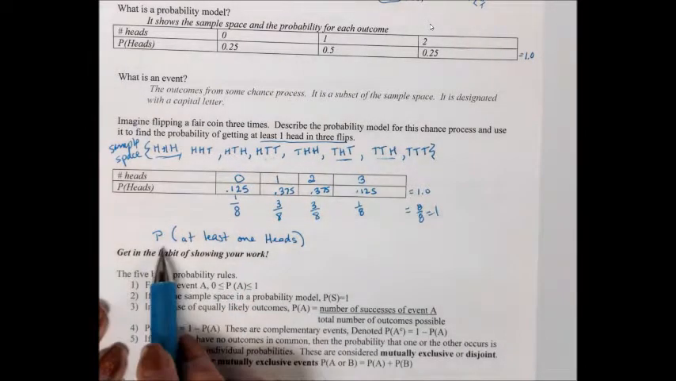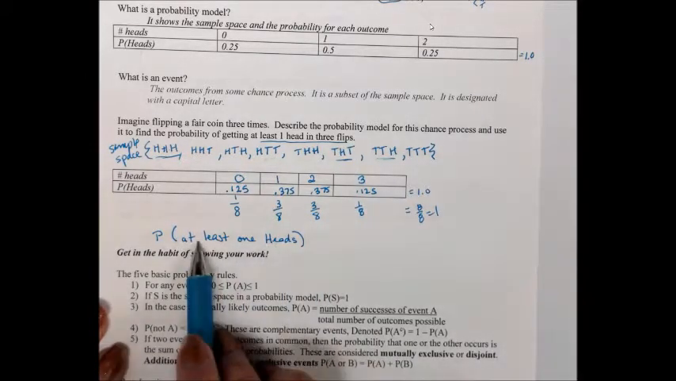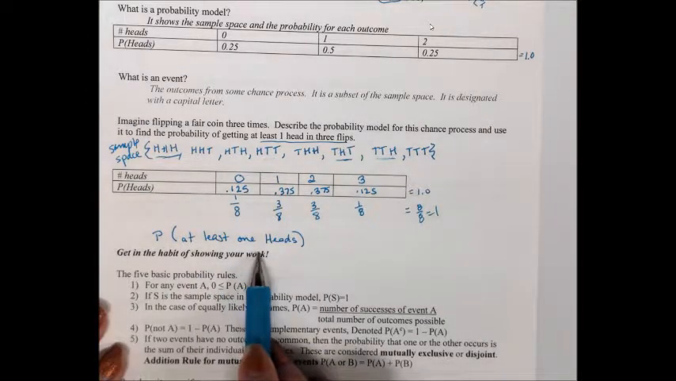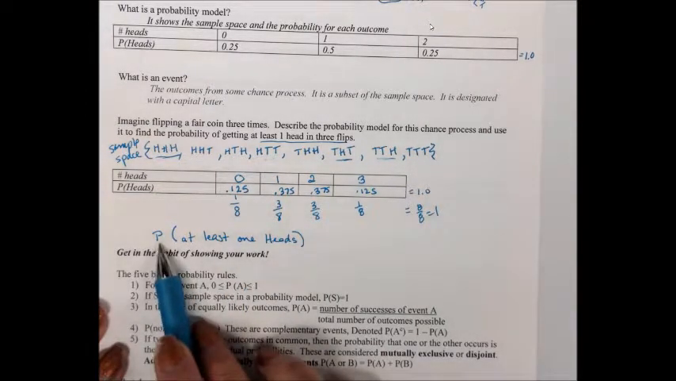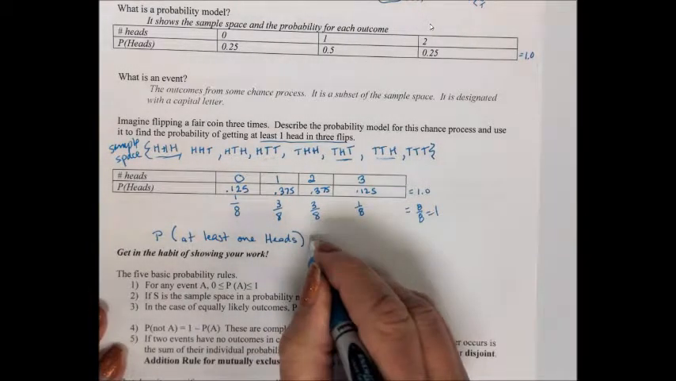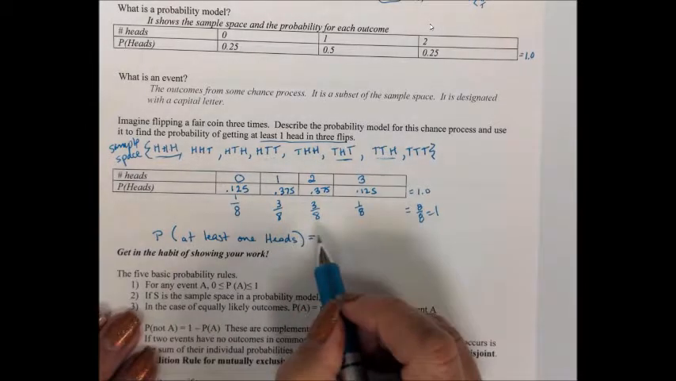So again, that P stands for probability, and then I am putting the event here. So I didn't call it a capital letter. I could have said what it was, but I could also write out what the event is. So what's the probability of getting at least one head when I flip a coin 3 times? And now I can just use my table. So at least one head